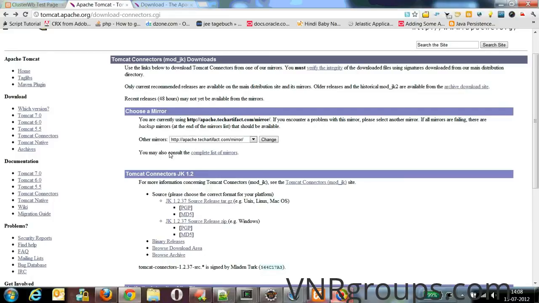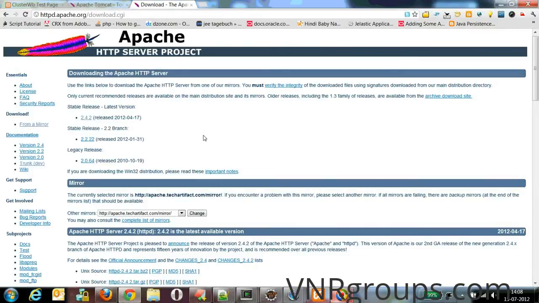So first of all, we need a few things to demonstrate all of this. We need an HTTP server like Apache or IIS. In my case, I am using Apache HTTP server. You can download a specific version. The latest is 2.4.2, but in my demo I have used 2.2.22. You can download and install it. The installation is pretty easy, with self-explanatory screens, you can install Apache.